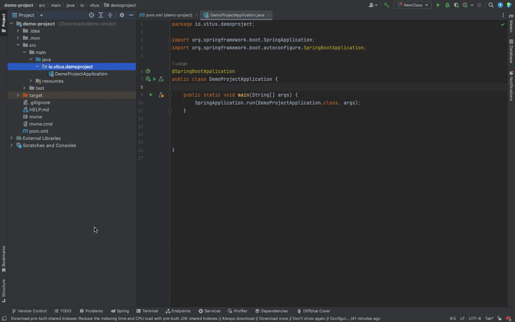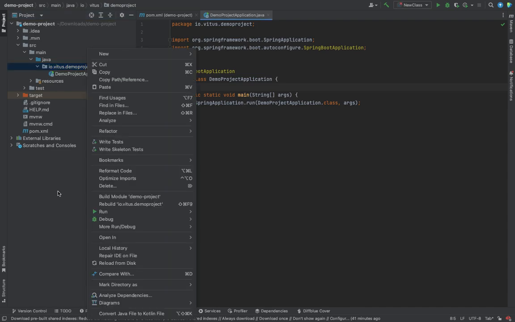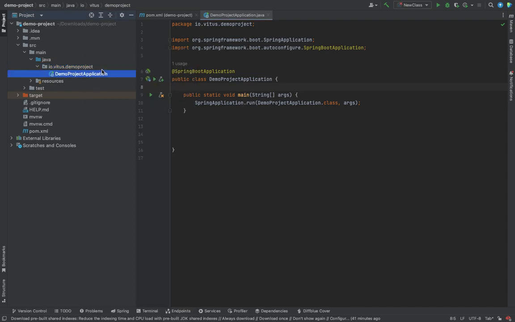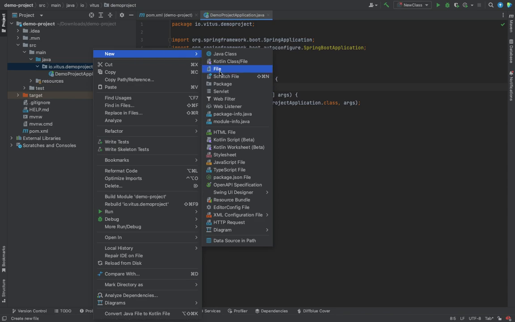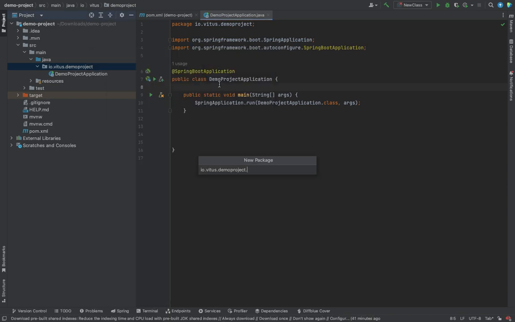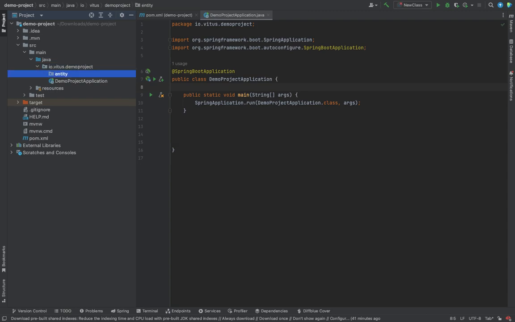So what I want to work on is, let's say, a school that has a number of students with different student IDs and name, age, and the rest of the student information. So I wanted to show you how you would need to structure your folders or your files for any Spring Boot application you're going to be doing. So first you're going to have something called entity. So entity is where you